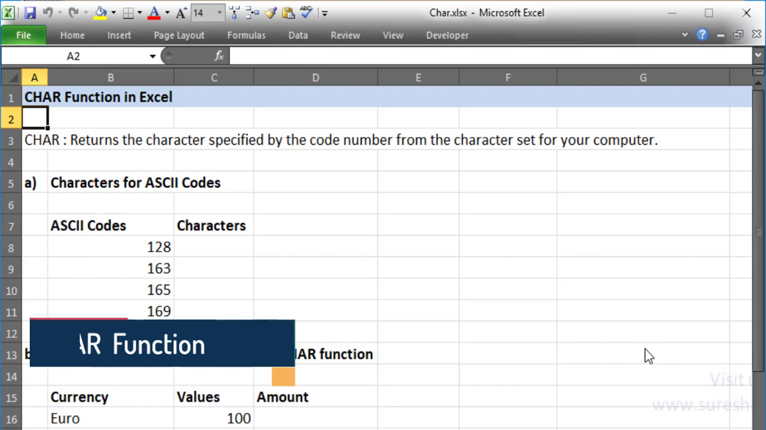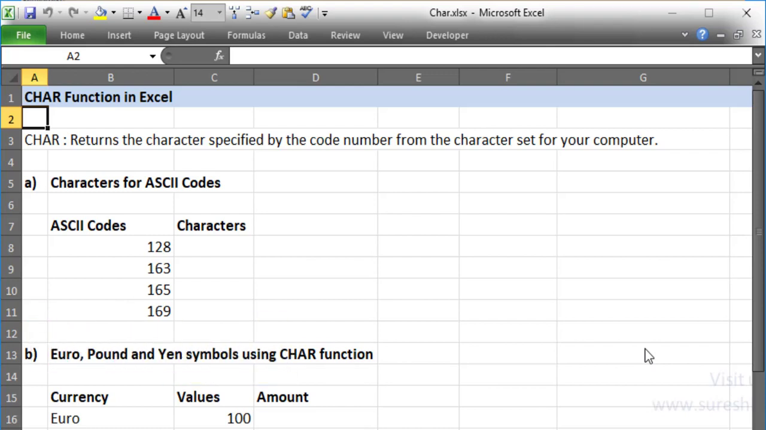Hi, let's discuss the CHAR function in Excel today. The CHAR function is used to get some special characters in Excel using their ASCII codes. ASCII codes are between 0 and 255, assigned to special characters. Special characters can be those which are not readily available on your keyboard, such as the copyright symbol, euro symbol, pound